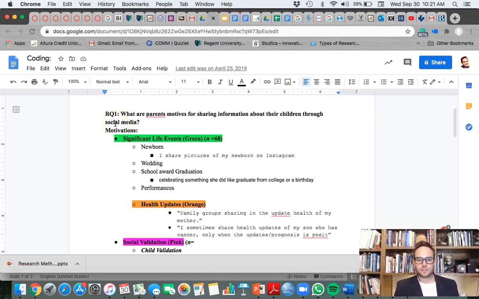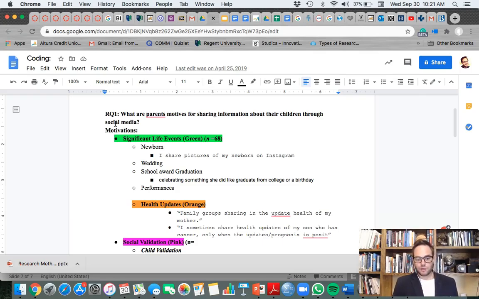So for the sharenting project, my first research question asked, what are parents' motives for sharing information about their children through social media? I was really interested, why do parents post a bunch of pictures about their young children on social media? We know that even though we have the privacy settings in place, the platforms are still taking our data and selling it for advertisement purposes. And